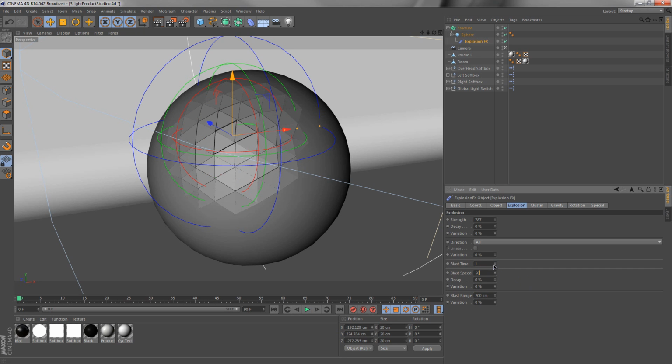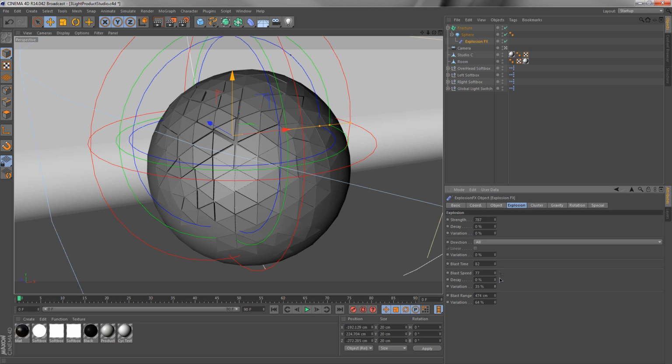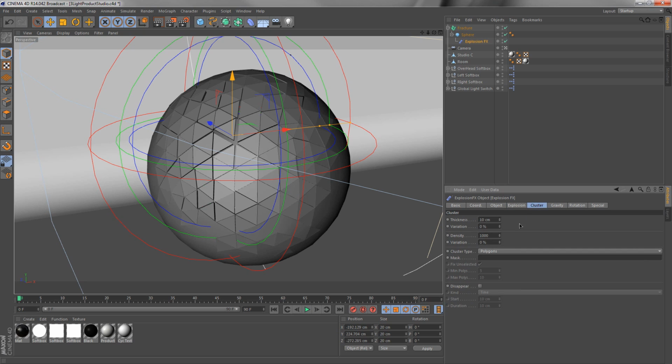Again, this is just going to be a lot of experimentation. I really don't remember the specific settings. You just kind of play with it and see what you get. Let's put up the blast speed just a little bit. Looks like that kind of increases our area here. And let's also increase the blast range. Somewhere around there looks pretty good. Another thing that you might want to mess with is the variation. Just put up the variation a little bit on all these little settings here, and just kind of randomize this just a little bit. And let's also go into the cluster,